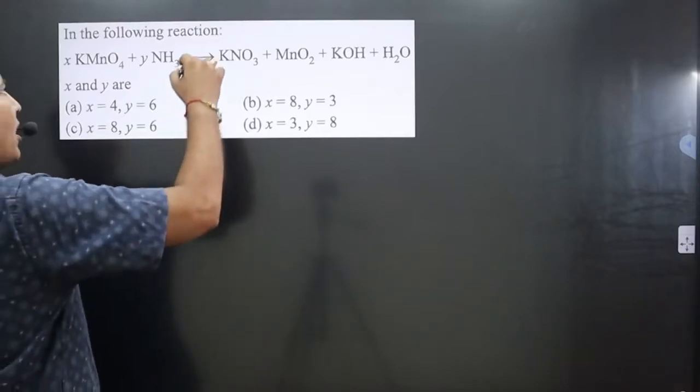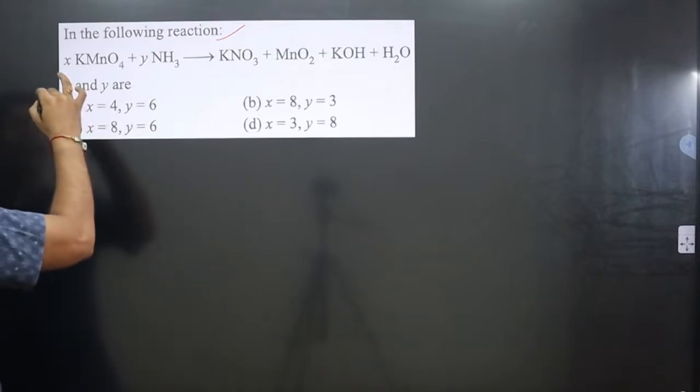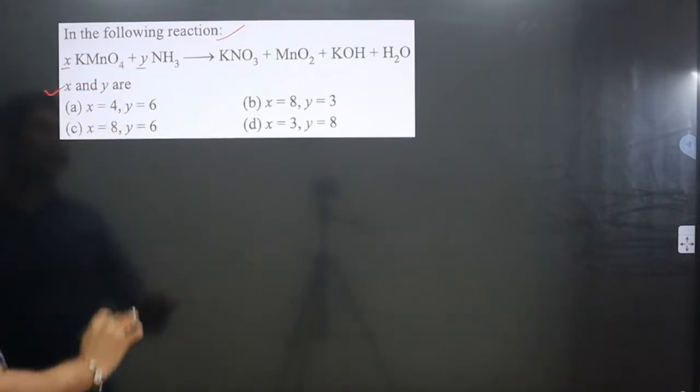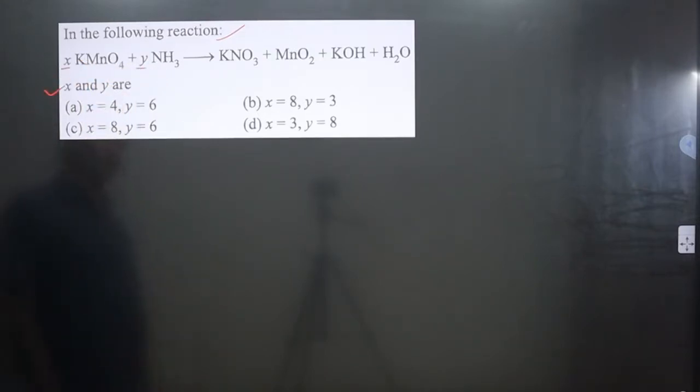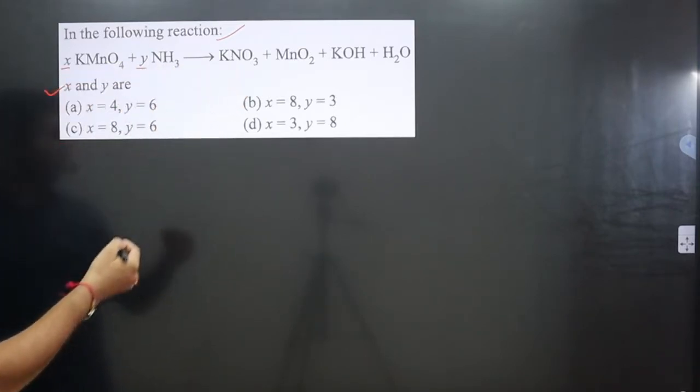The question says in the following reaction a chemical reaction is given here, and it says x and y. It is asking about the coefficients of the reactant. Means we need to balance this equation. Okay, let's balance it. First of all, if you look here, potassium is present on both sides of